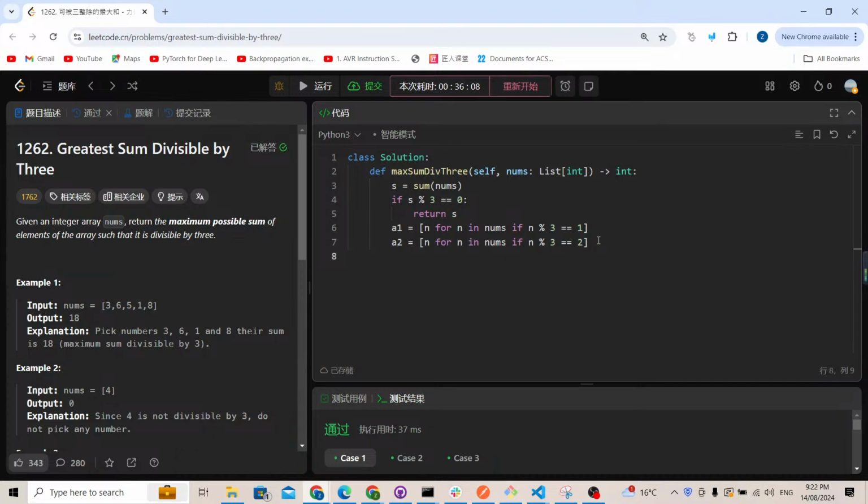Now, what we need to do is check the remainder for s modulo 3 if it is equal to 2. So we're going to shift the places of A1 and A2, so it's going to be A2 and A1. This is just for simplicity. We don't need to have so many cases to check, because in this case,